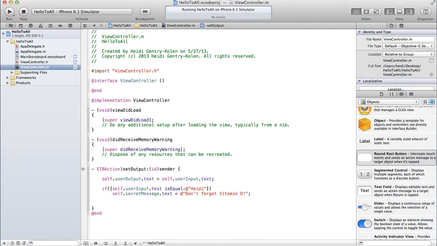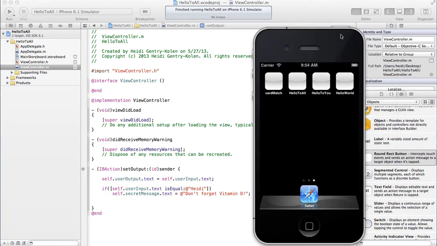All right, so now I have a conditional here. I'm checking to see if whatever came through in the user input text box is equal to, and then I'm hard coding a string Heidi here. If that evaluates to true, in my secret message label, I'm going to print, don't forget to take your vitamin D.